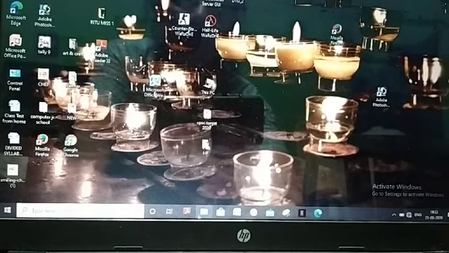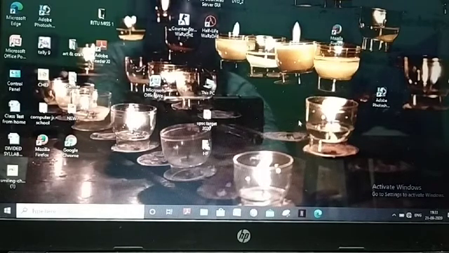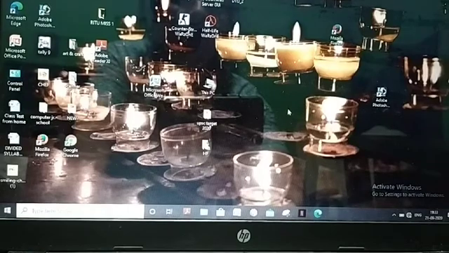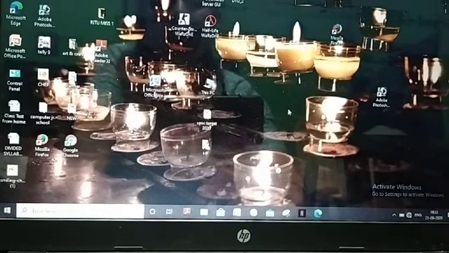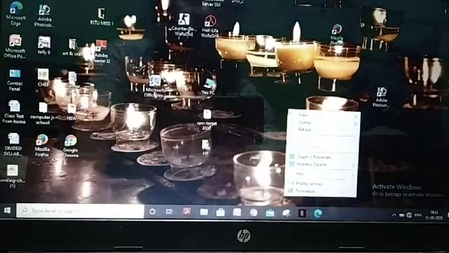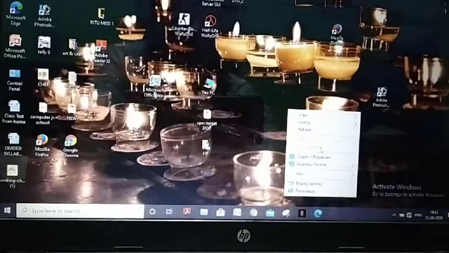And at the bottom of the desktop, this is the taskbar. Now this is an empty area of the desktop where no icons are there. So do right click. Which click? Right click. So this is called the shortcut menu of desktop.